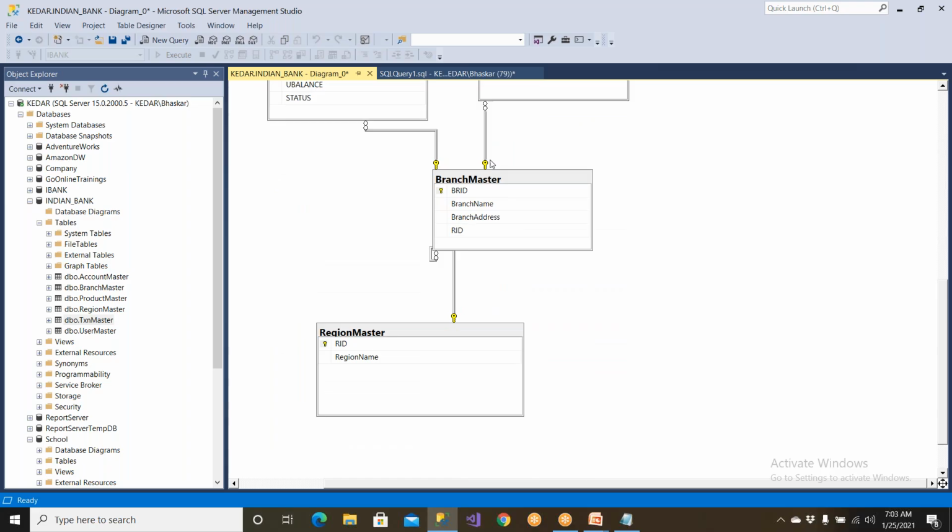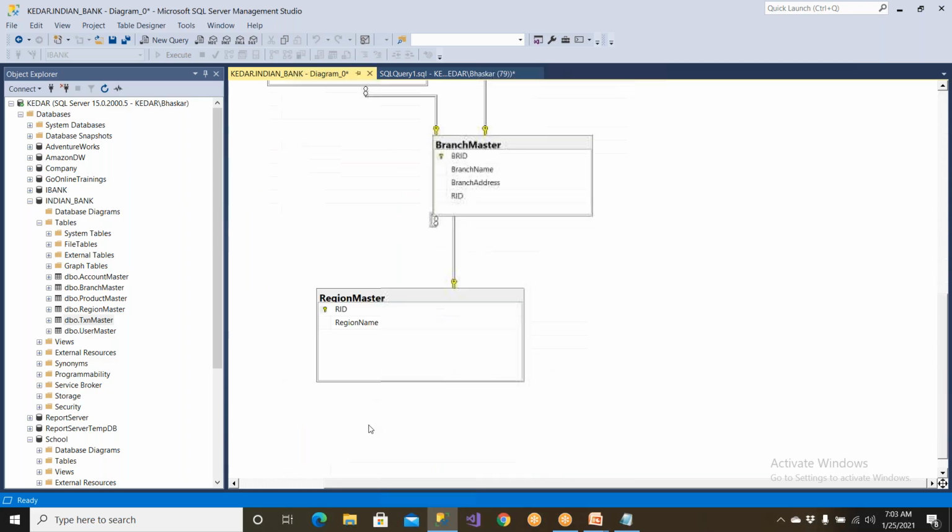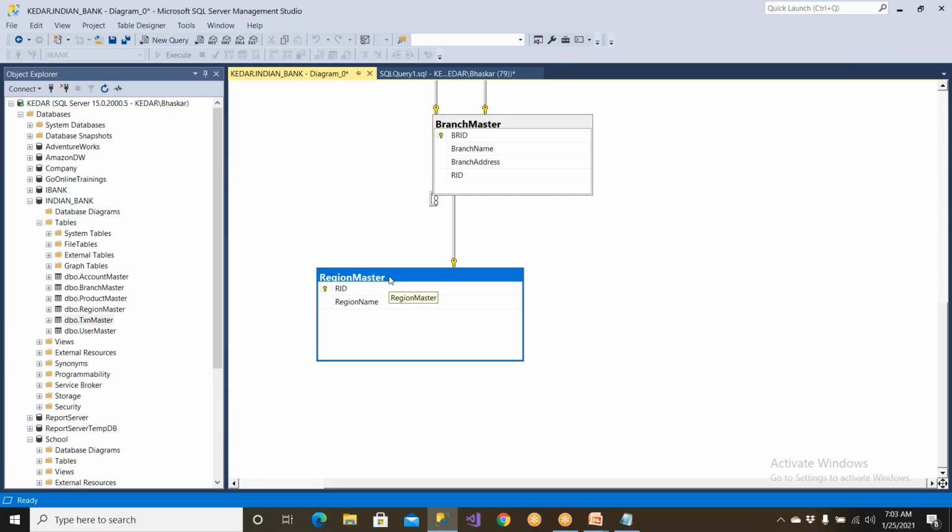So the manager will tell you, I need the data from the region master table as well as the product master table. Is there any direct link between product master and region master? There is no link at all. So if you want to join the tables, you must have a common column. Otherwise, directly linking is impossible. For example,